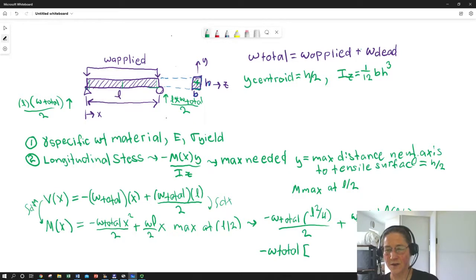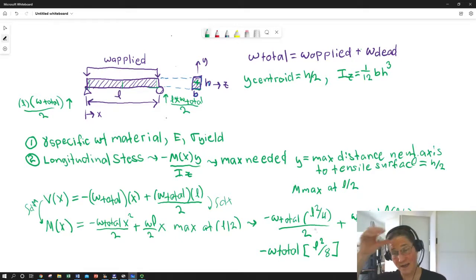So we're going to have an L squared over 4 and an L squared over 8. So we end up with L squared over 8. Okay, so there's our M max. So basically we can already predict we're going to have a squared relationship between beam length and max moment. Moment is linearly related to longitudinal stress, so we already know we're going to have a squared relationship